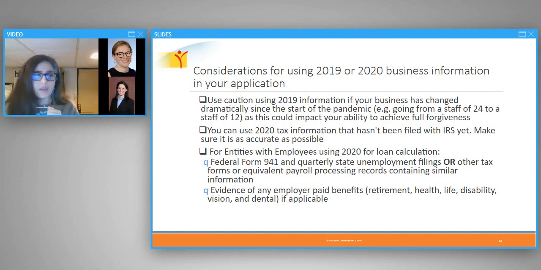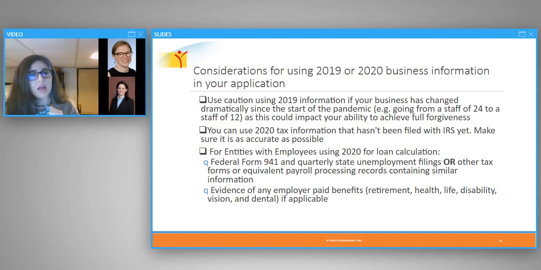Here is a consideration that we just ask childcare businesses to think about if you have experienced a dramatic change in your business, as we know so many childcare businesses have over the course of the pandemic. New to this round of 2021 PPP, you can use your 2019 tax information, or you can use draft 2020 information. And the information that you provide about your payroll is going to be what determines the size of your loan. So if you use